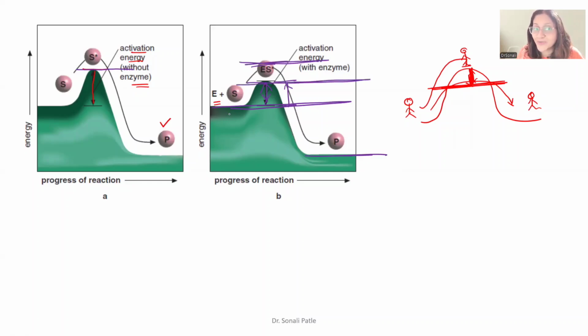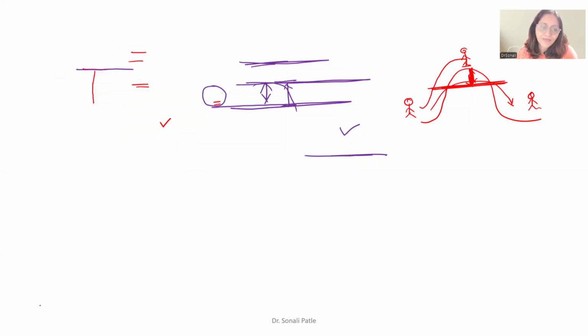So what will happen to the speed of the reaction? It will fasten up. So in the presence of enzyme, your substrate gets converted into product quickly because it lowers down the activation energy. So now what is activation energy? Activation energy is the amount of energy which is required for a substrate to get converted into the product. And what is the enzyme doing? Enzyme will lower down that activation energy so that your substrate gets converted into the product at a faster speed,